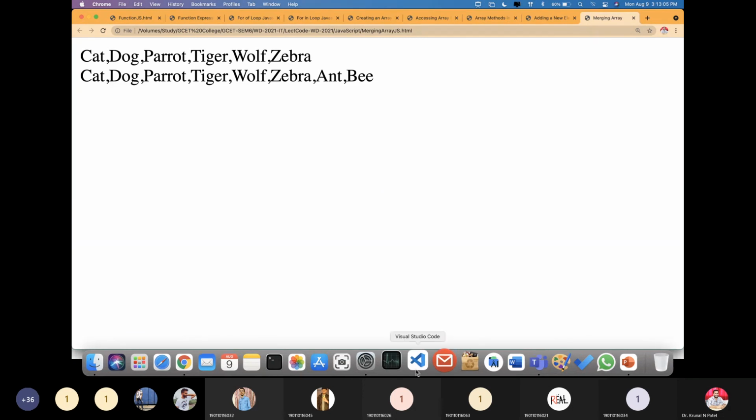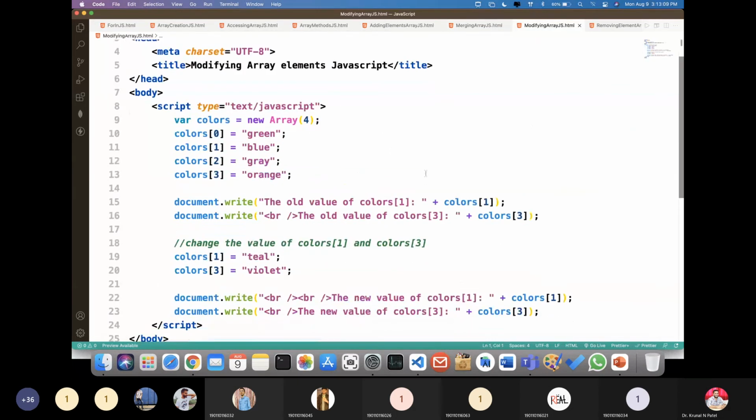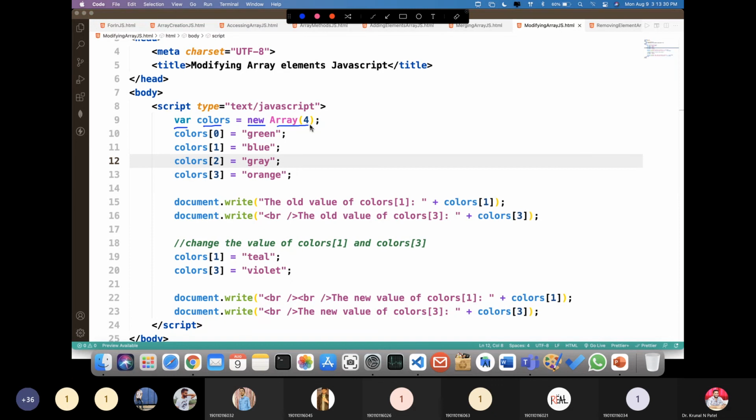After that, what other things can you do? This is another thing: by individual elements, you can change like this. So this is a new one. You can observe that I am using all the types of array creation syntaxes. Here is a new syntax: variable colors = new Array(4). It will create an array of size 4.